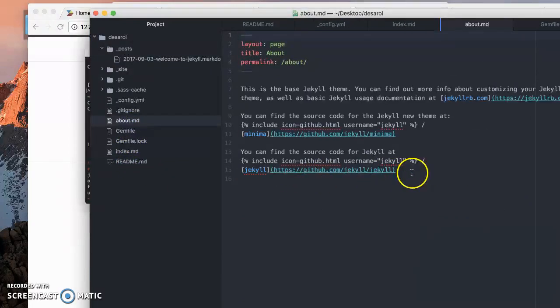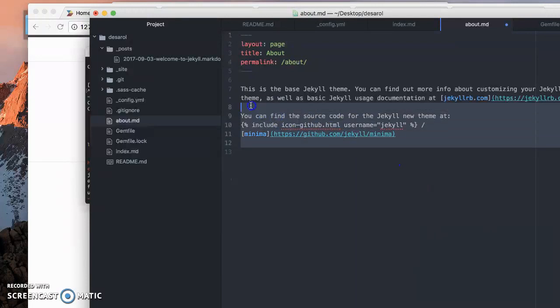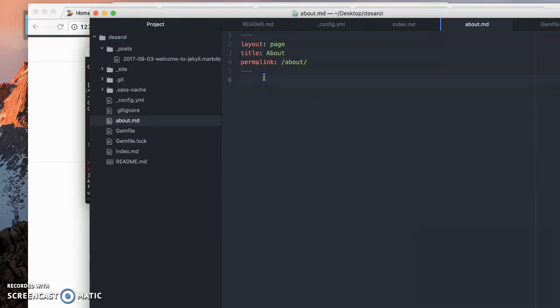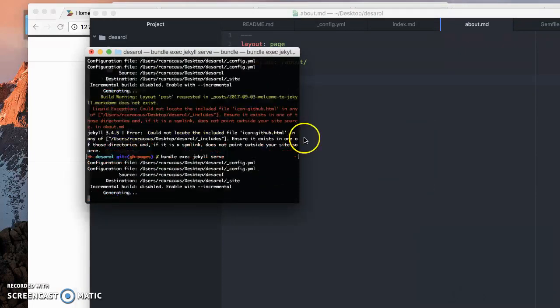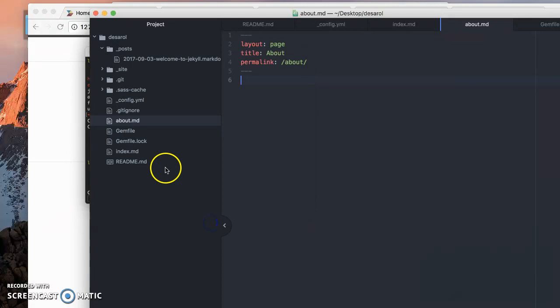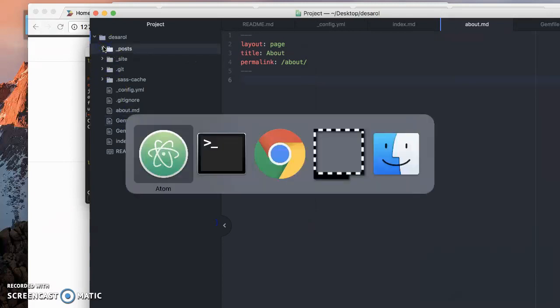Here we go. Include. See, we don't need any of this stuff. See you later. Okay, now it's working, but now our theming is going to be all messed up. So in order to get the theming right,